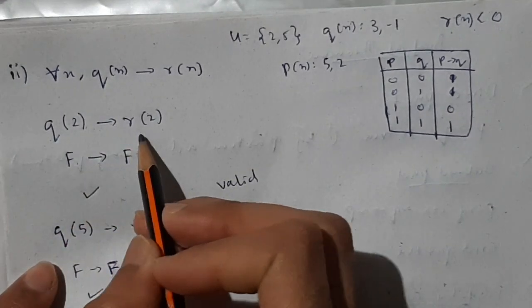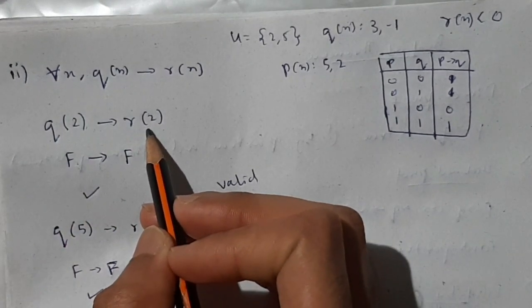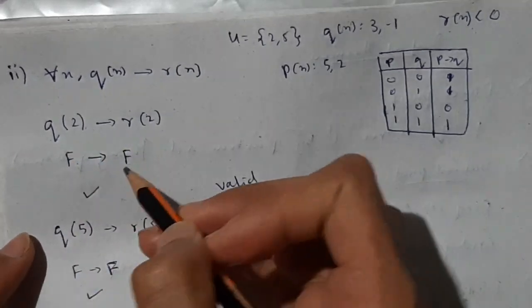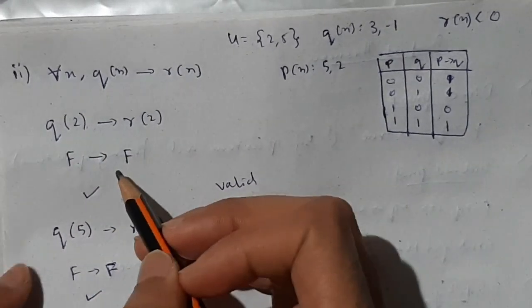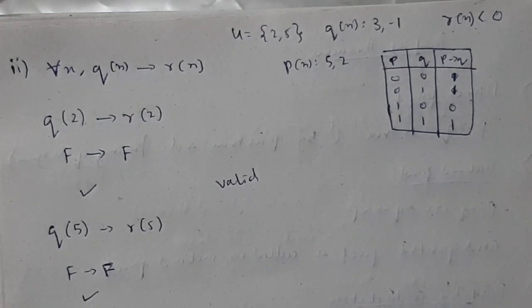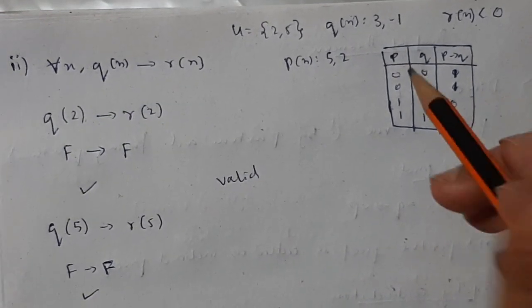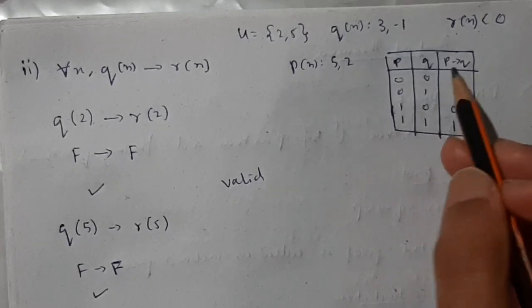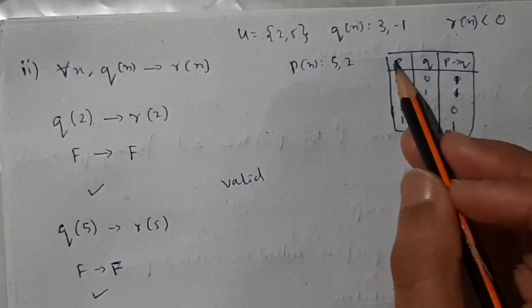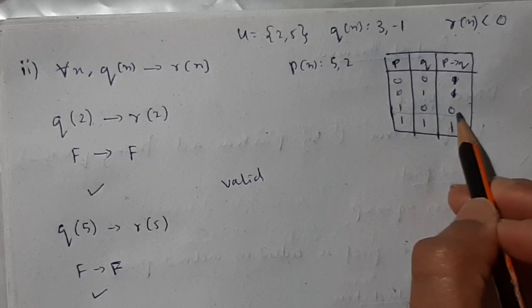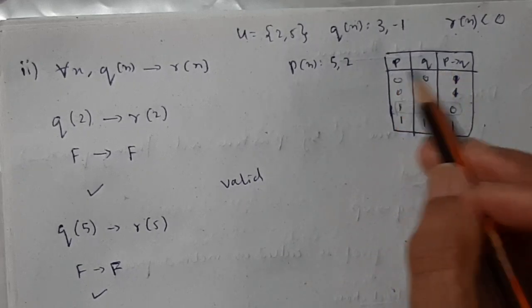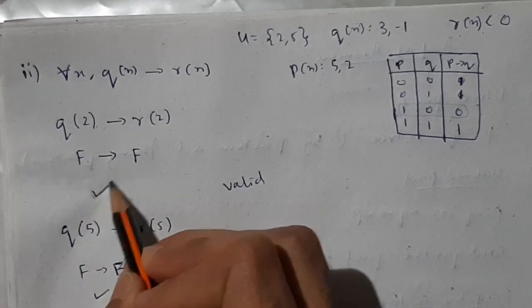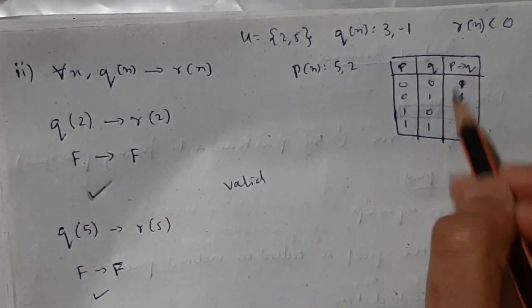Also r of 2 is false, because 2 is a positive integer, it is greater than 0, right? So this is false conditional false. Now you could tell me that it is a false statement, but no, according to the truth table of the conditional, you have this 0 and 0 value as true. Remember I told you this will only be false when p is true and q is false. For this case only it will be false, in all the rest of the cases it is true. Even if it is false conditional false, it's a valid statement according to this conditional table.